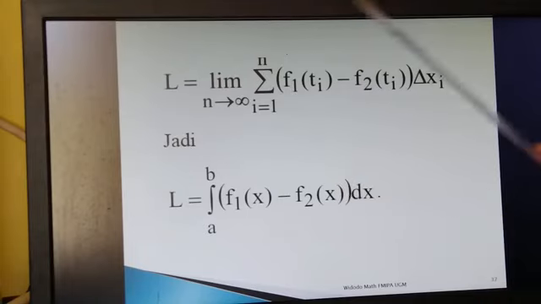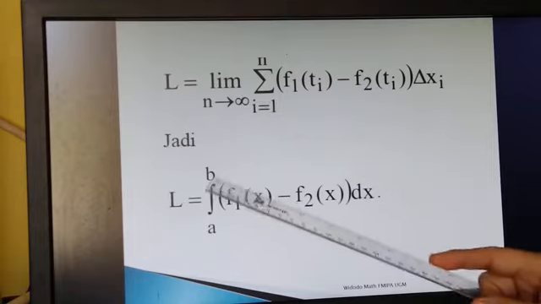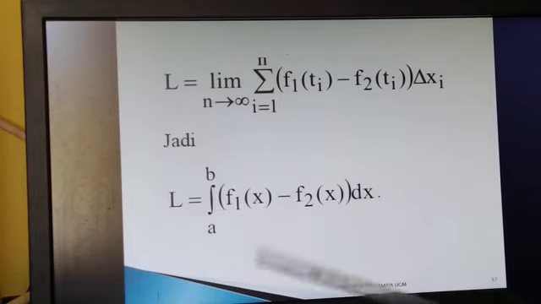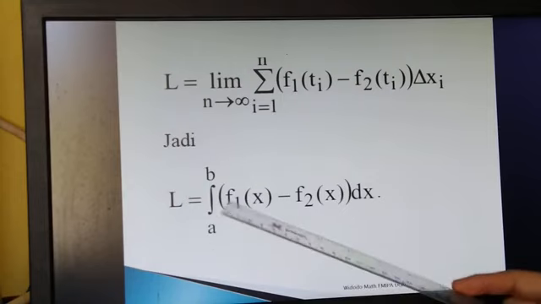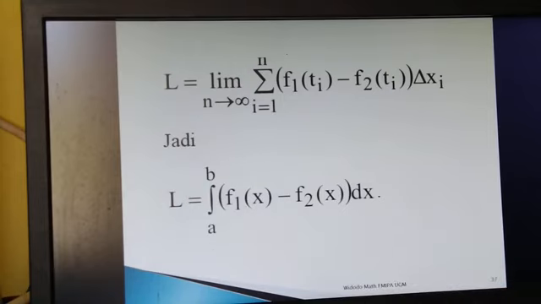If we take the limit using the concept of the definite integral, the sigma becomes an integral. So the area between these two curves is the integral from a to b of f1(x) minus f2(x) dx. This is the formula of the area between two functions in